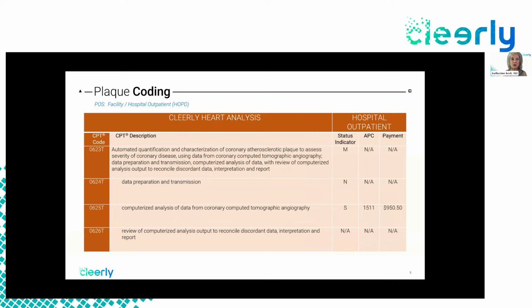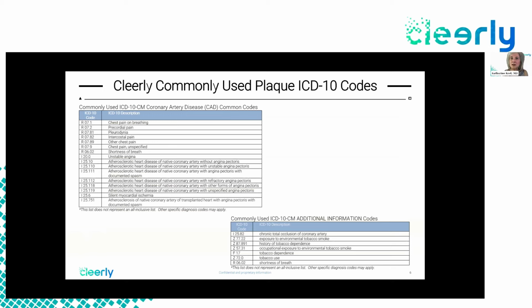If the plaque service is being provided in a hospital or hospital outpatient setting, there is an APC payment that's been published by CMS for the technical component of it. That APC is 1511, and you can expect to be paid approximately $950 if Medicare is paying for that technical component. These are the most commonly used ICD-10 codes we see being coded for plaque,